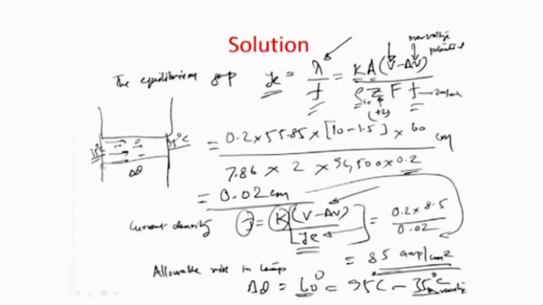So, now we can calculate the design velocity, which is given by the square of J times L by K0 delta theta rho E C E, okay,